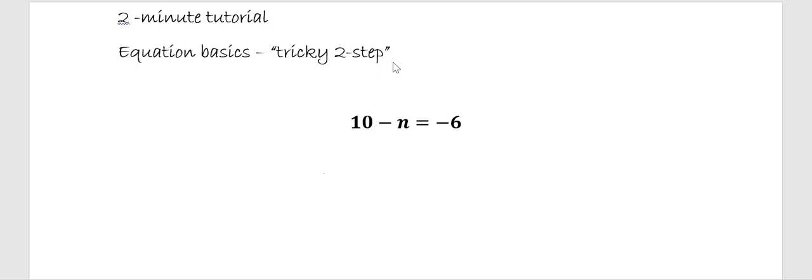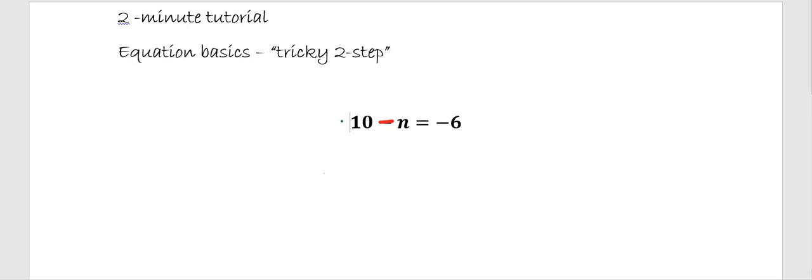In this 2-minute tutorial, we take on the tricky two-step equation. By all appearances, this equation may look like a one-step equation, but it's actually not. That subtraction sign is not going to tell us that we have to add 10 on both sides because this